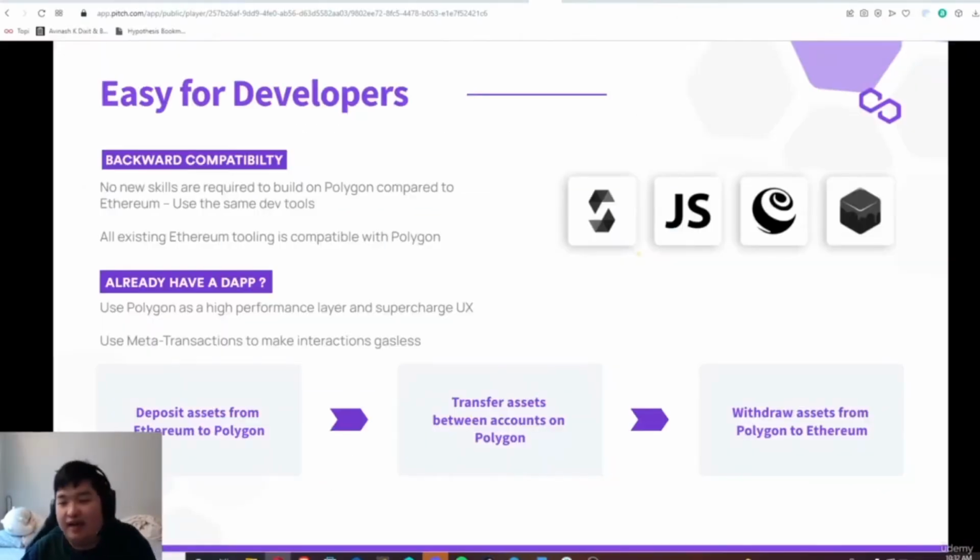All right, guys. So as a continuation of the last video, I wanted to show a little bit about the more technical side of Polygon. This isn't going to take very long. It's just going to be the basics. All you need to know as a developer if you want to build anything on Polygon is that Polygon has backward compatibility. So whatever you're using,